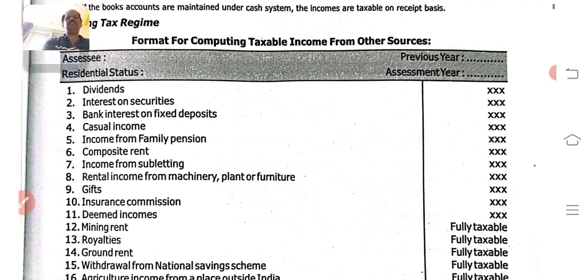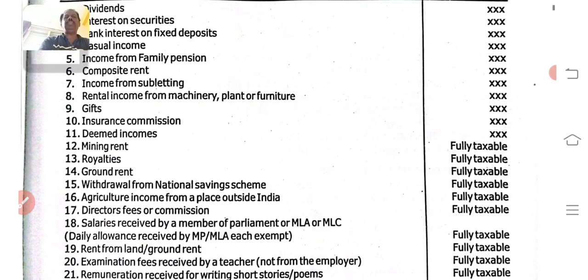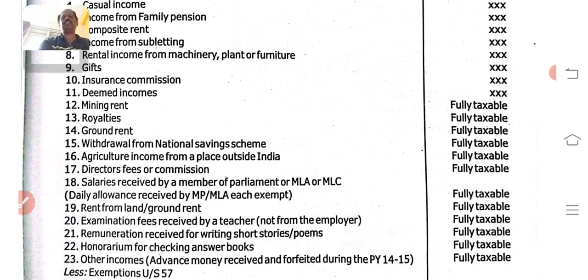The first income is dividend, interest on security, bank interest on fixed deposits, casual income, income from family pension, composite rent, income from subletting, rental income from machinery, plant or furniture, gifts, insurance commission, deemed incomes, mining rent, fully taxable, royalty, fully taxable, ground rent, fully taxable, withdrawal from national savings scheme, agriculture income from a place outside India, even director fees or commission,